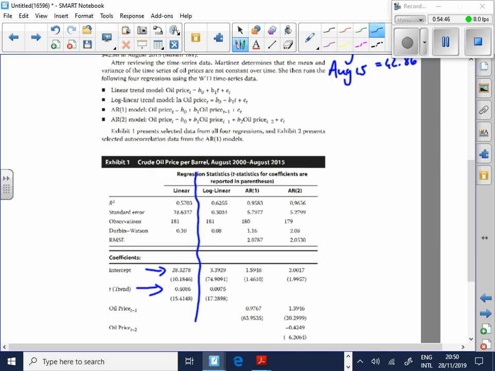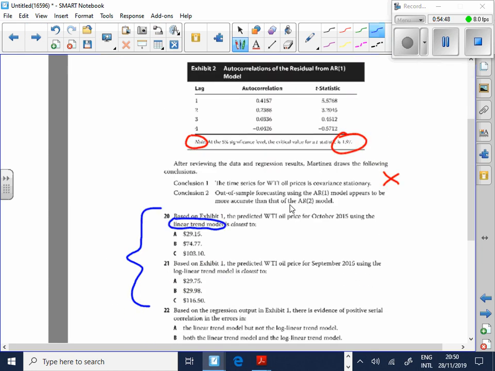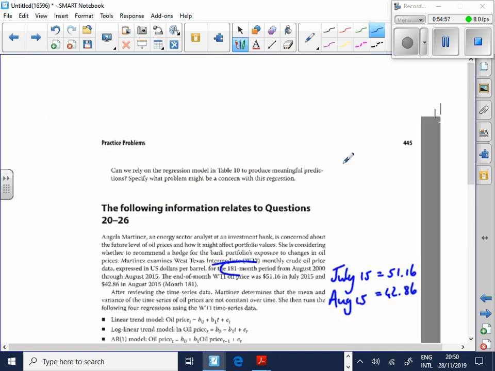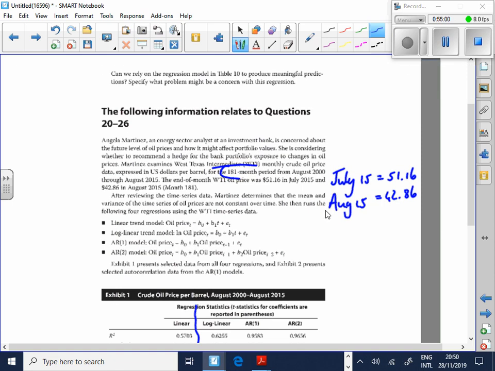Then they wanted me to predict for what period, guys? October's what in the numbers? How many observations did I use? Let's have a quick look. I used 181 from August to August, am I right? So the 181 was from August 2000 to August 2015. So August is 181, you happy? September is 182 and 183. You guys comfortable with that?